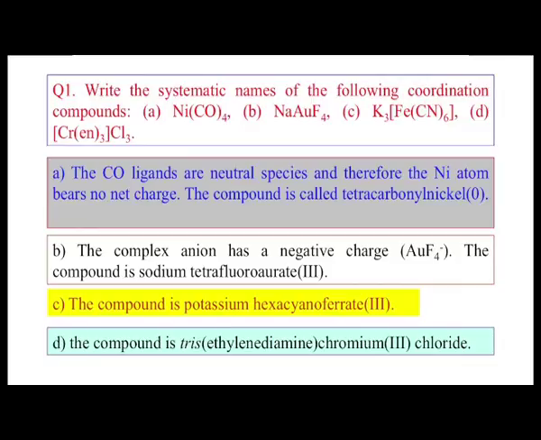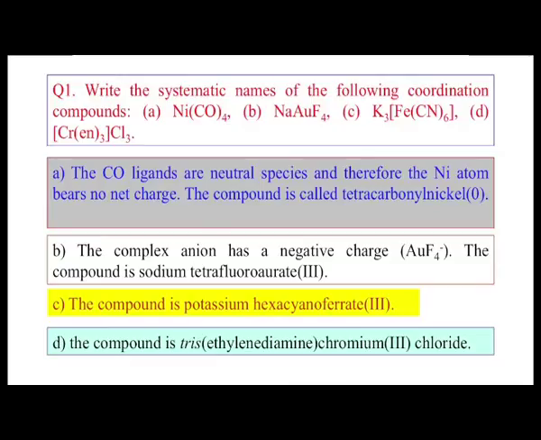The first is neutral, so we do not bother about the charge in the naming, only that carbonyl groups are there. So it is tetracarbonylnickel(0). Four such carbonyl groups are attached to nickel in the 0 oxidation state, so tetracarbonylnickel(0). Similarly, another example from your textbook is the iron compound, which has more carbonyl functions surrounding the iron center, again in the 0 oxidation state: Fe(CO)5. So instead of tetra, that would be penta.